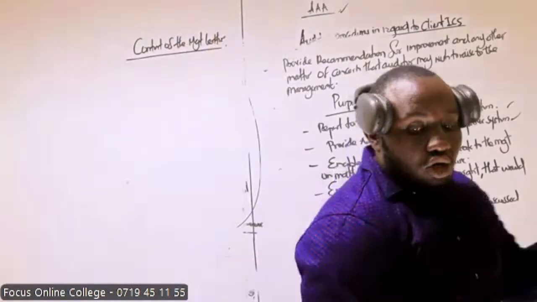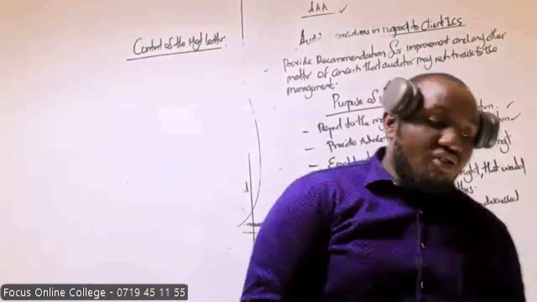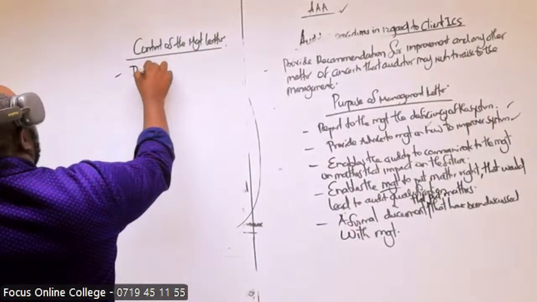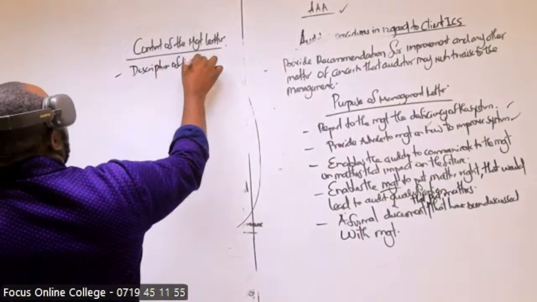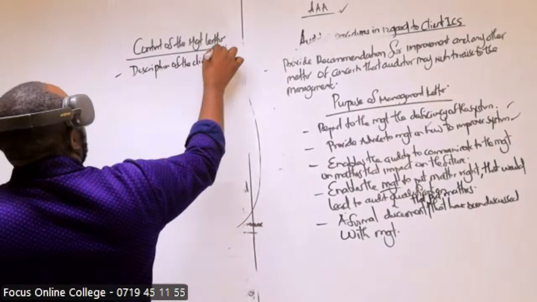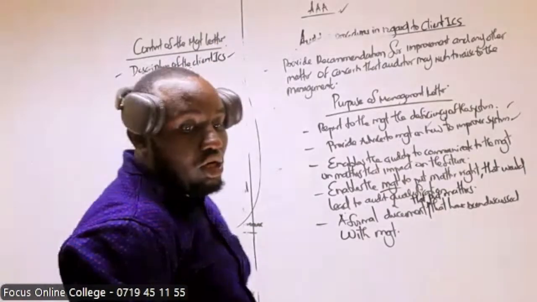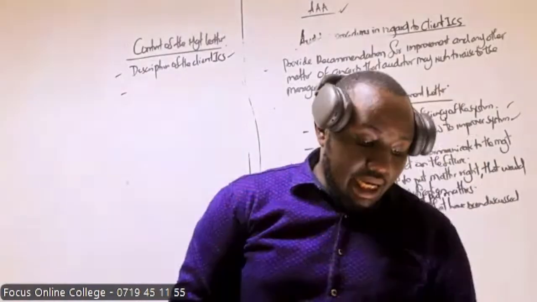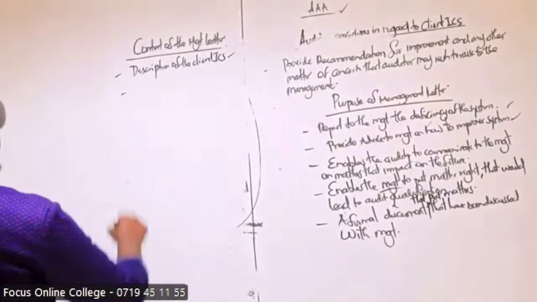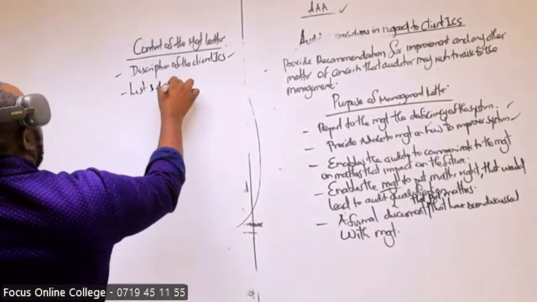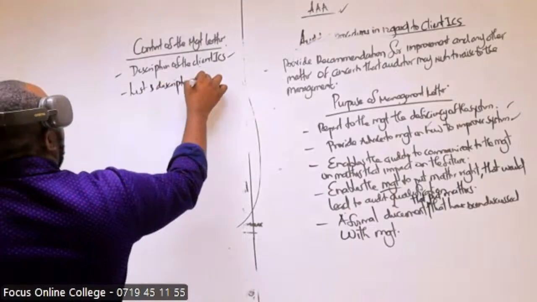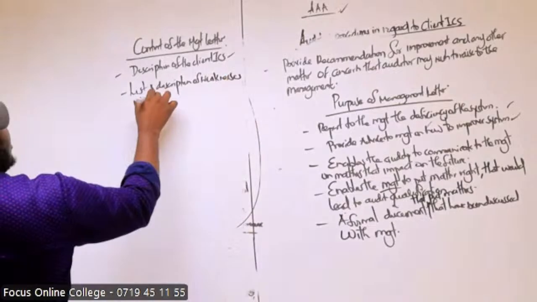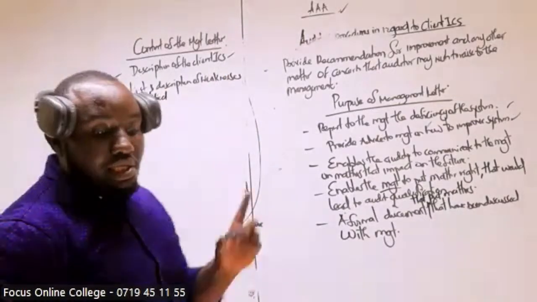So on the content is the description. When you're writing those letters, there's a description of the plant ICS. As the first content of a management letter, we call it description of the plant ICS. Then the list and description of weaknesses identified. So we call it list and description of the weaknesses that are basically there.